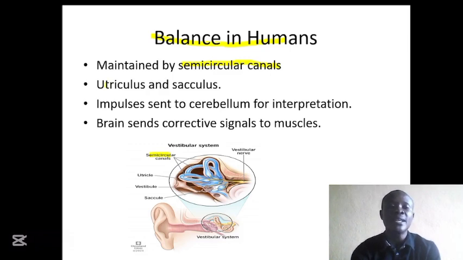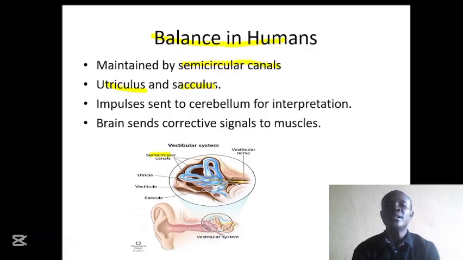And we have the utriculus and the sacculus. The utriculus and the sacculus, they contain what we call otolith. This otolith is a calcium crystal structure. They help to determine the linear movement of the head. For example, if I'm moving my head up and down, it is being determined by them. If I'm moving my head this way, forward, backward, it is being determined by the utriculus and the